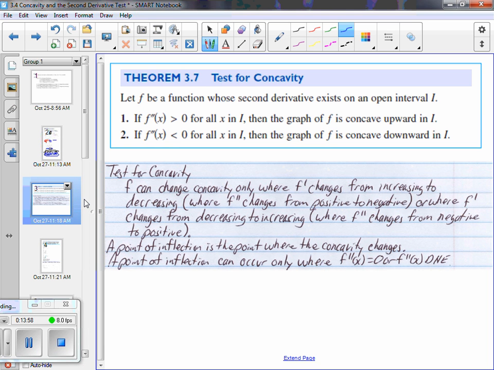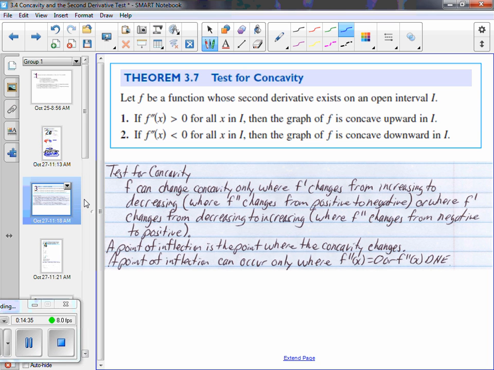Correct. Yep, that's right. So here's our test for concavity. And when I write the test for concavity out, I'll do it a little bit differently than the book does. I'll have a nice little table for you again. But all this needs to make sense to you, okay? All this needs to make sense. So we've got a function whose second derivative exists, because it's going to be really hard to tell concavity from the second derivative if the second derivative doesn't exist, okay? So if the second derivative exists, it's either going to be positive, negative, or